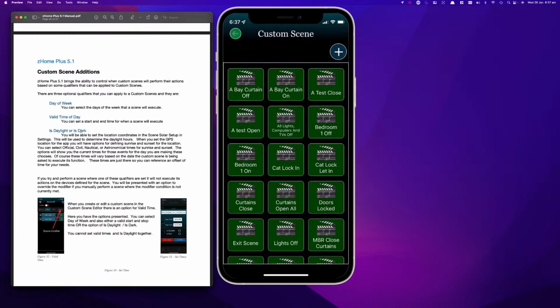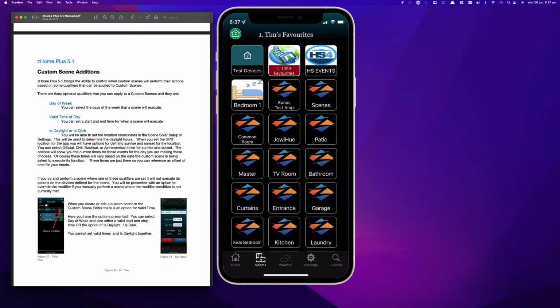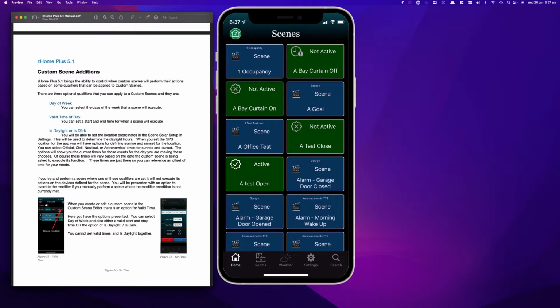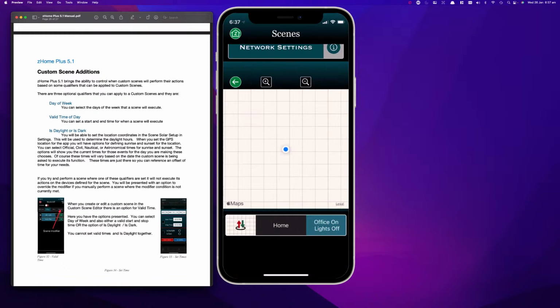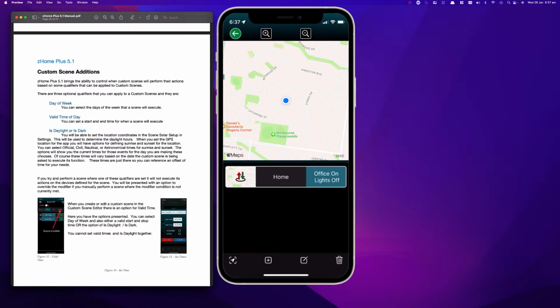So I'll now go back to my home screen, and I will find the scenes, which is here, and I set the bay window open, and you can now see that it has got an icon up there displaying the differences. The next thing you've got is you can set up geofences. Now the geofences you set with a scene, you set your device, and you can say where it is. I can go and modify the scene,